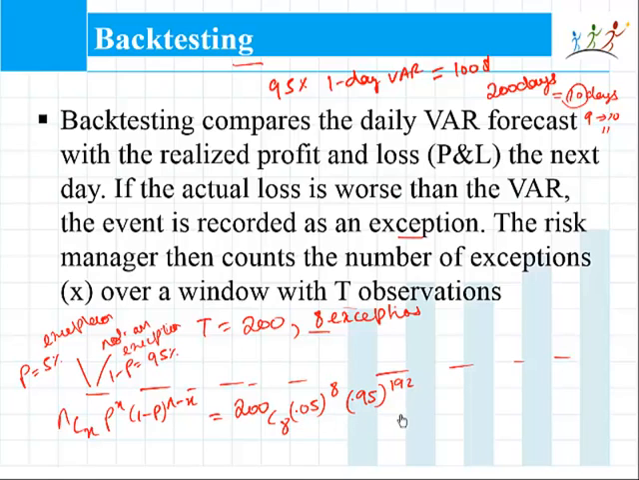By the same formula, we can calculate the probability of exactly 3 exceptions, exactly 5 exceptions, exactly 10 exceptions also. So in 200 trials, or if I collect loss data over 200 days, the probability of seeing exactly 10 exceptions